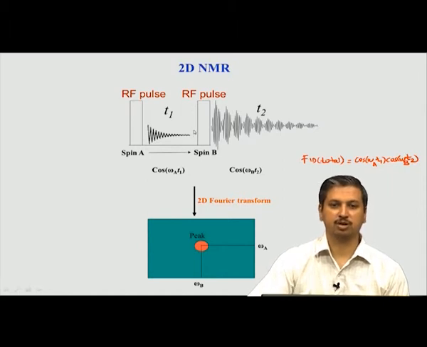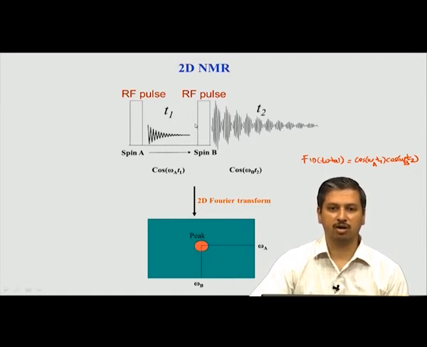The portion which goes to B can be as little as 5%, meaning 95% remains on A and only 5% has gone to B, or it can go as much as 50-50: 50% has remained on A and 50% has gone to B. So what determines this kind of efficiency? We use the word transfer efficiency. This is a very standard nomenclature, jargon in NMR.